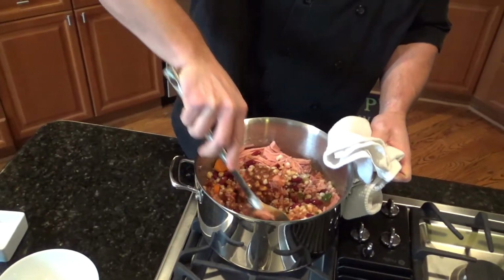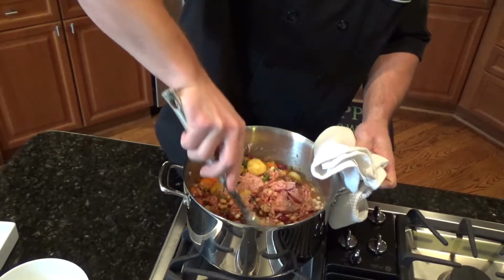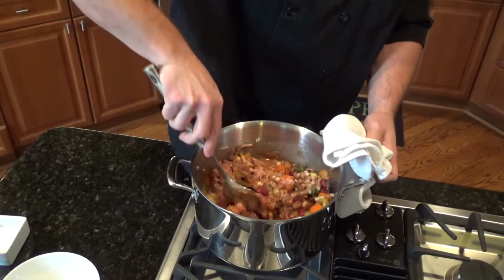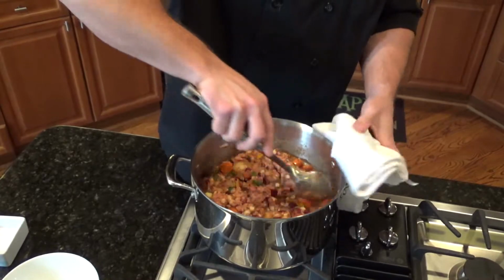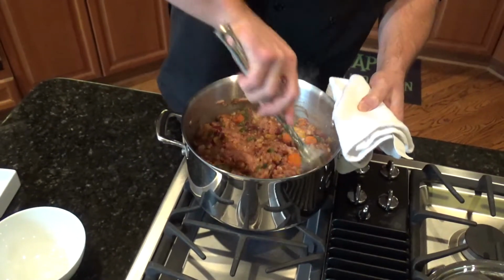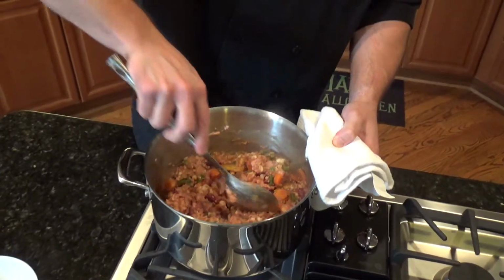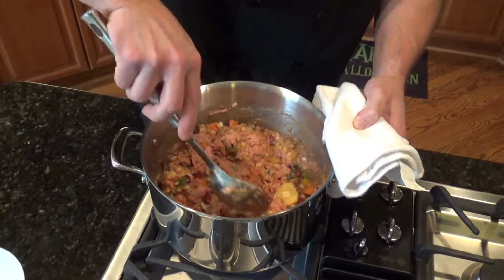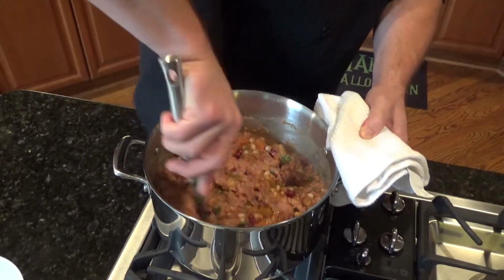Once it comes to a boil, we're going to drop the heat. Let it simmer again for about 30 minutes. And then we'll give it a little taste. And as you know, with the ground turkey, it's super lean. It's not overbearing. And it's a fantastic addition, really, to any stew, any chowder, and any chili. So mix that all up, bring it to a boil, and again,